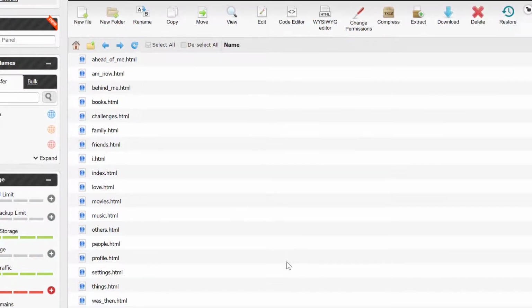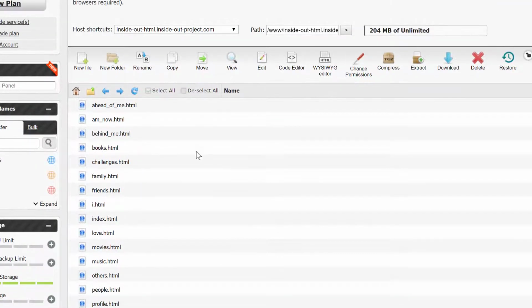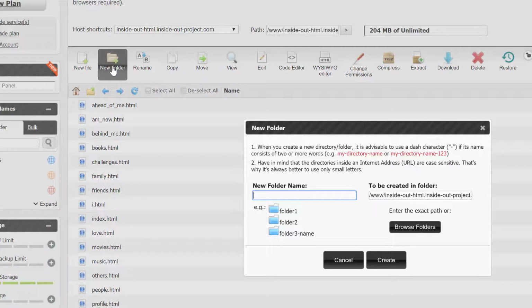And at this point, inside the step 4 folder, it has uploaded all of our pages, and now we want to go get that style sheet. For the sake of saving ourselves headache with browser types and things like that, we're just going to go ahead and say new folder,